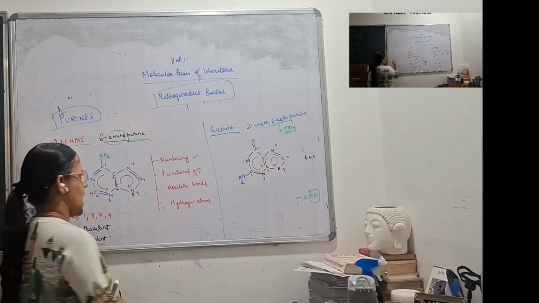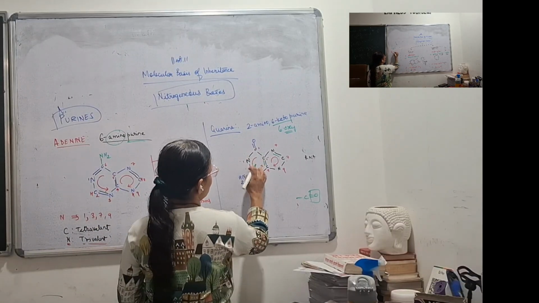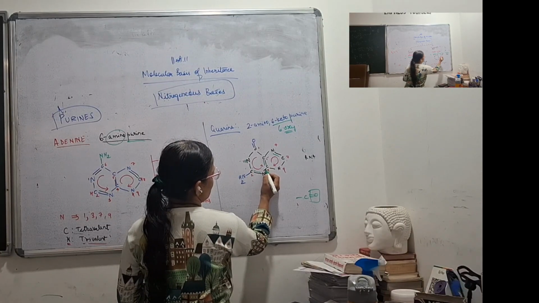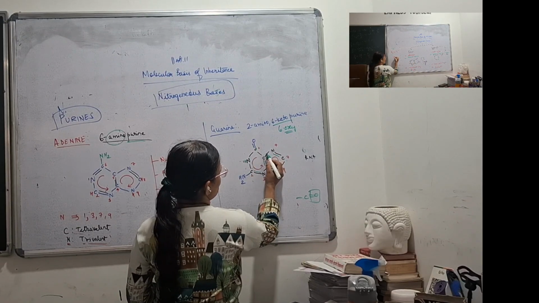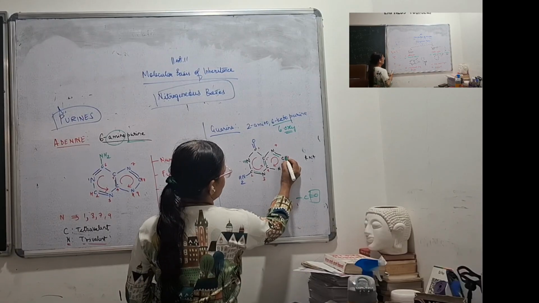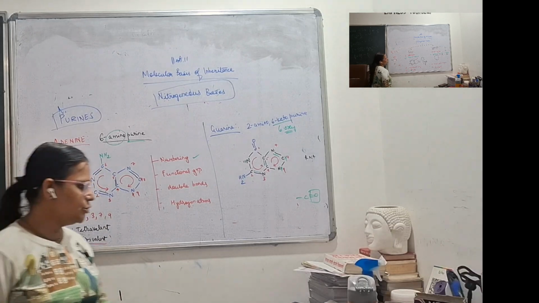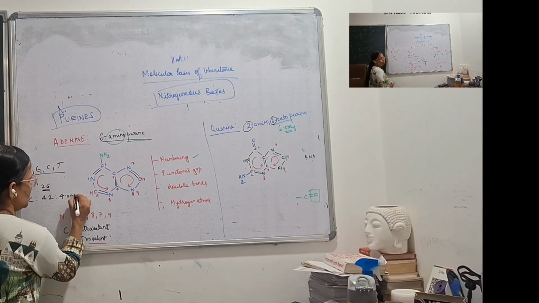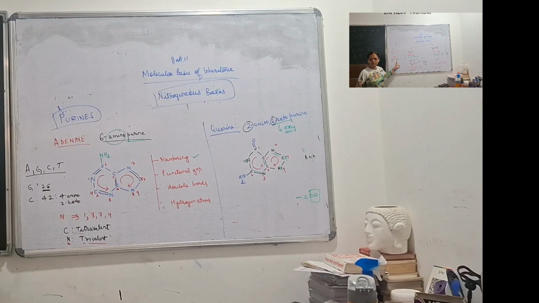Right? Now let us add the hydrogen atoms. Carbon, let's start from here. Nitrogen 1, 2, H. Carbon 1, 2, 3, 4. Nitrogen 1, 2, 3. Carbon 1, 2, 3, 4. Carbon 1, 2, 3, 4. Nitrogen 1, 2, 3. Carbon 1, 2, 3 and I'll write H over here. Nitrogen 1, 2 and H over here. Right? So this is how you will fill up the valency of carbon and nitrogen at the end. Okay? So 4 amino and 2 keto. This is how you will remember.